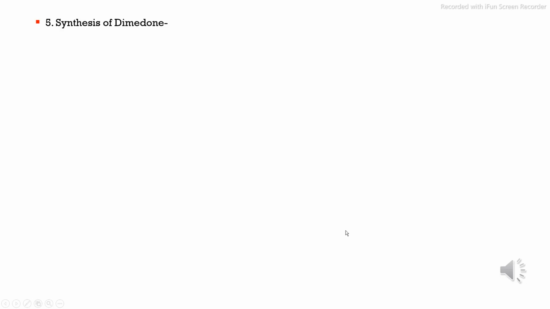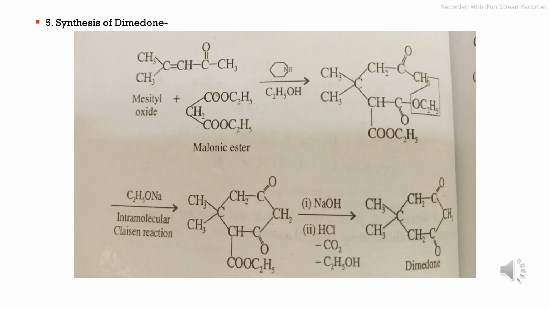Michael addition reaction is also applicable for synthesis of dimedone. Dimedone is a special reagent which can be used to detect the aldehyde group even in the presence of a ketone. So such dimedone reagent can be prepared with the help of the Michael addition reaction followed by intramolecular Claisen condensation reaction. So in this reaction, mesityl oxide reacts with malonic ester in the presence of base to give the Michael adduct,